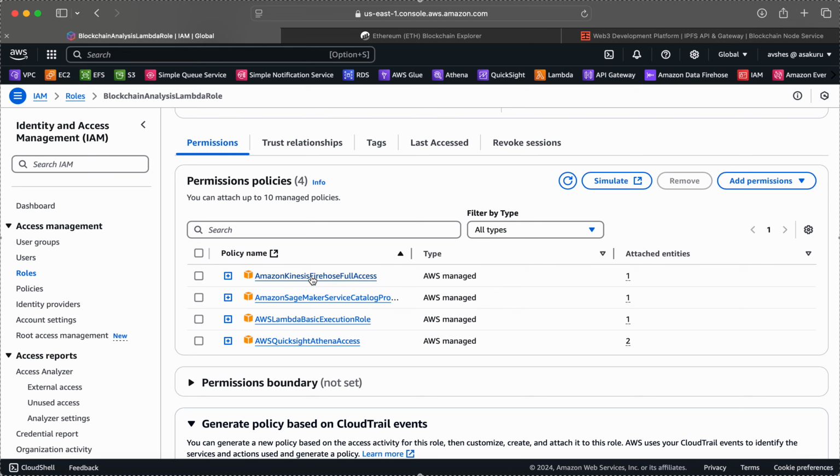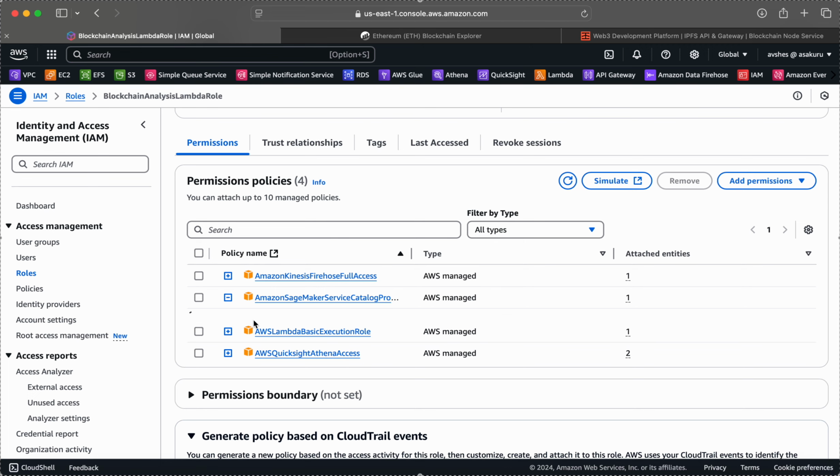For example, full access of the Amazon Data Firehose, and the policy that is called Amazon Kinesis Firehose, because that's what it was called prior. The name changed from Kinesis Firehose to Amazon Data Firehose recently,